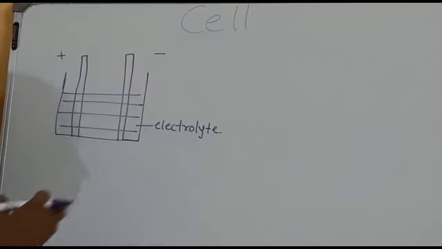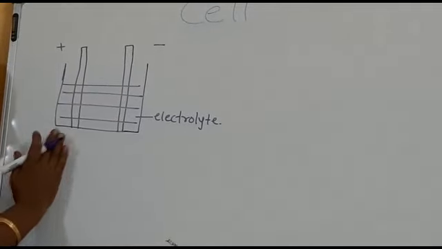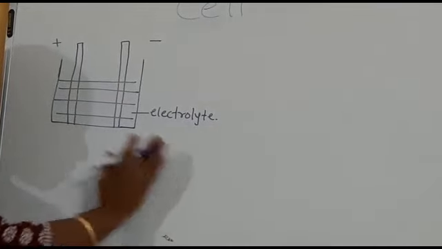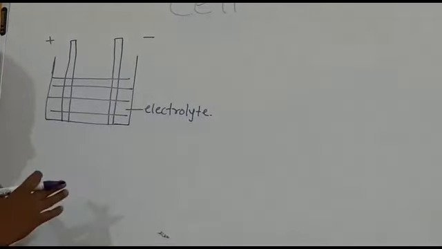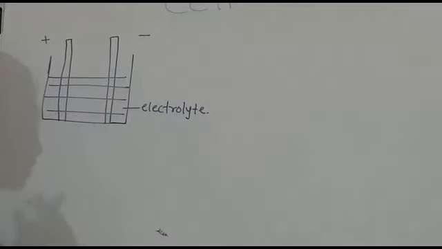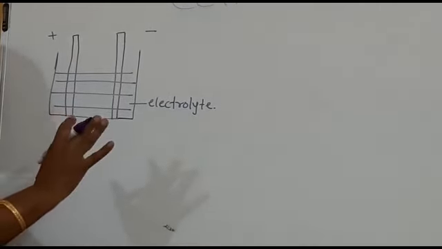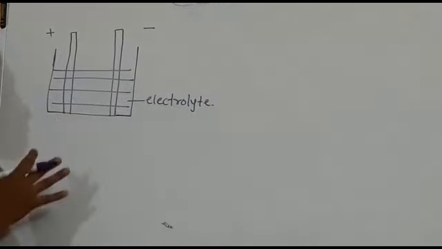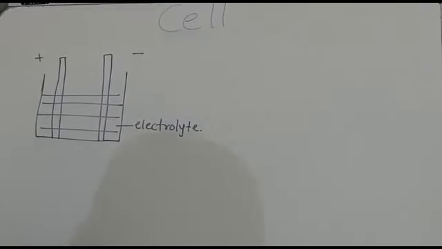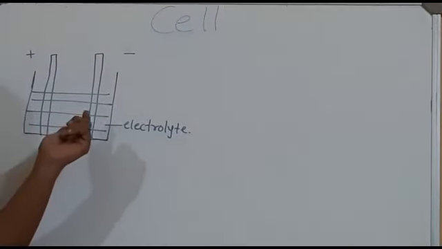So here, due to some chemical reactions, one electrode becomes positively charged and another becomes negatively charged. Here the chemical reactions are not expected, so we are not going to discuss how the first electrode is positive and second electrode is negative. We only have to discuss the ions. They move through the electrolyte, and due to the motion of ions, the electrodes become positive as well as negative, that is anode and cathode. So here ions are moving through the electrolyte.